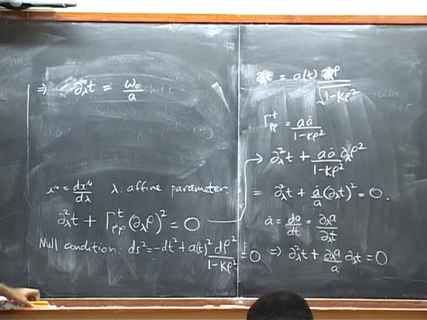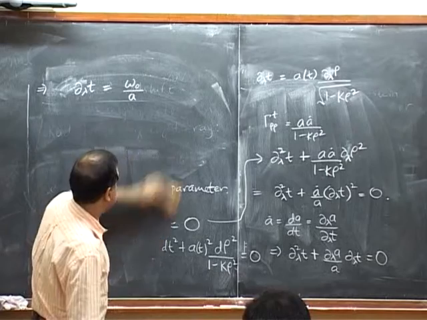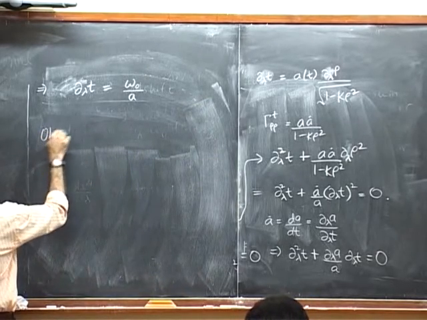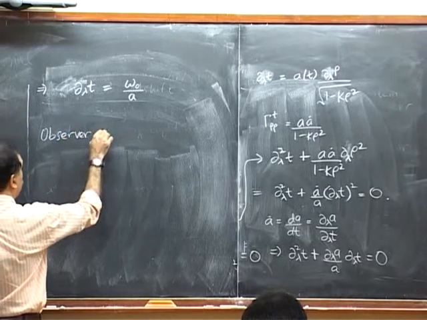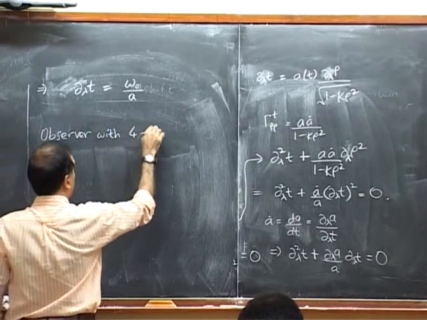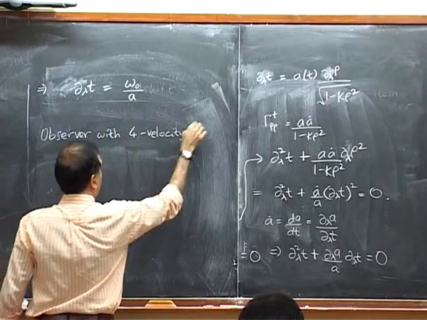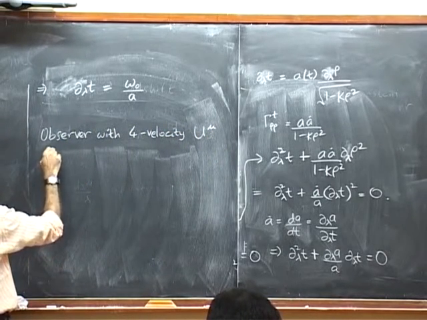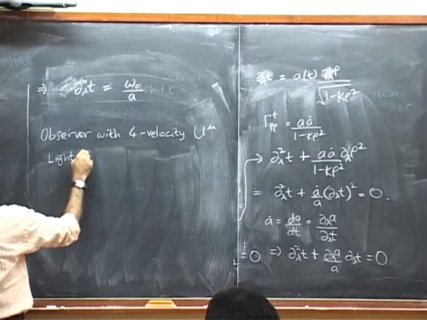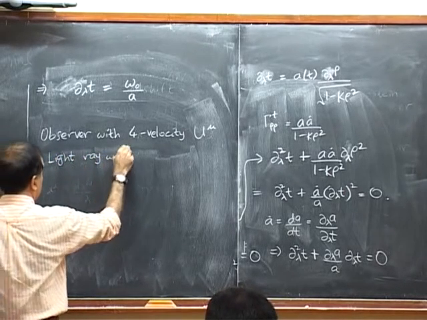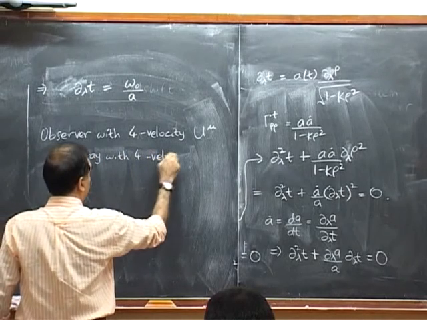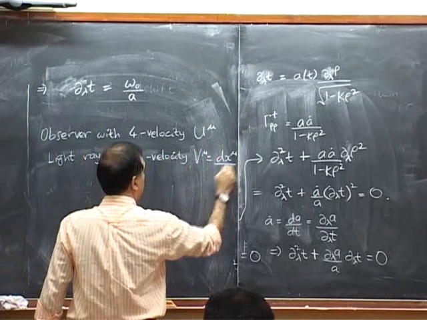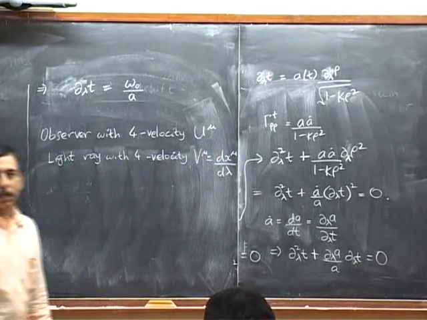Now let's come to the physical observation. What is the physical observation? It's something that we've already looked at before. Supposing I have an observer, this is a very general rule, with 4 velocity u and a beam, a light ray. It also has its 4 velocity, d mu, which is just dx mu by d lambda.